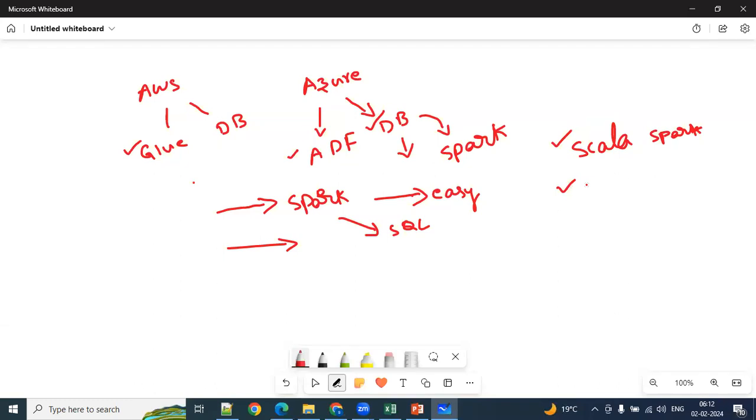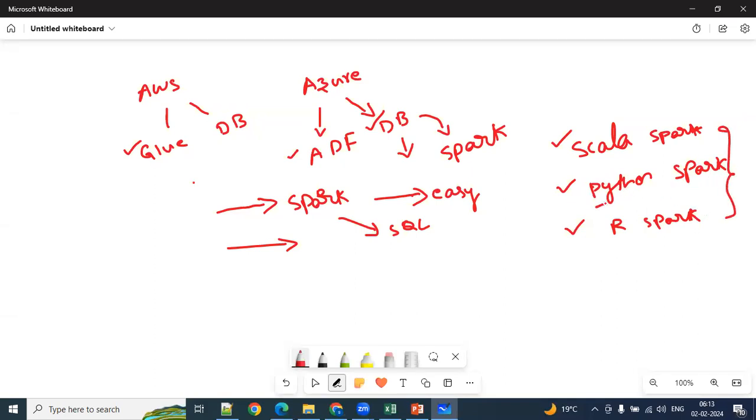Then people started adopting Python with Spark. We can also implement our applications in Python with Spark. That means we can write Python programs in Spark. We can implement the Spark application, Spark code, using Python. Of course, you have R Spark also. Out of all those things, we are going to discuss Python Spark.